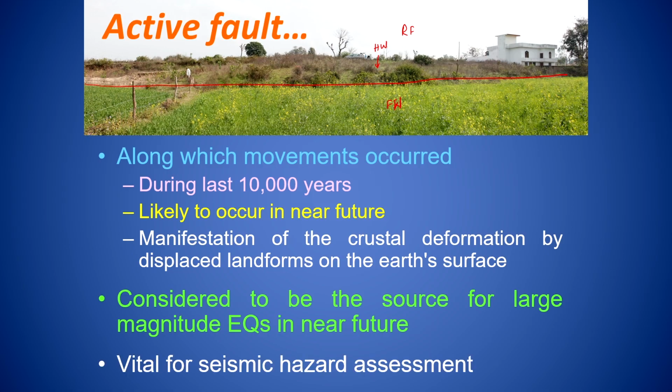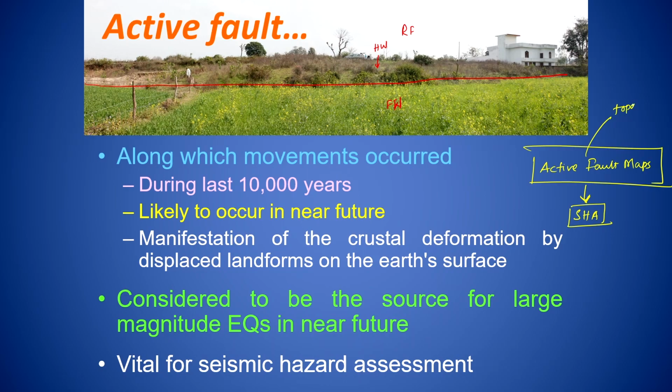So active fault maps should be very precise and are important. Initial proper mapping is very much important for your seismic hazard assessment. And this information, along with the active faults, we will be talking about the topography,